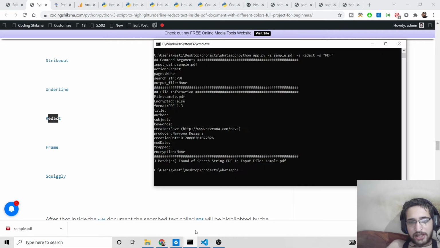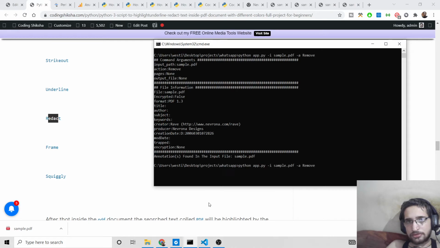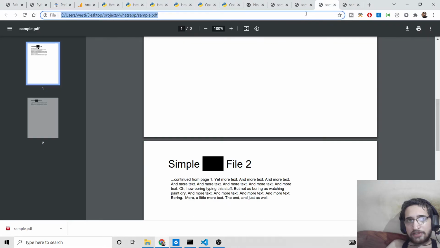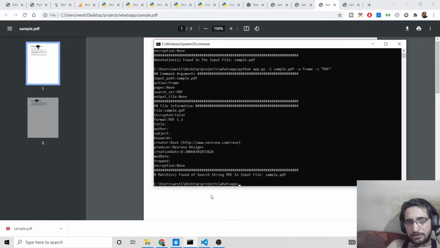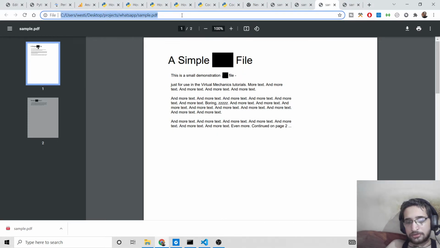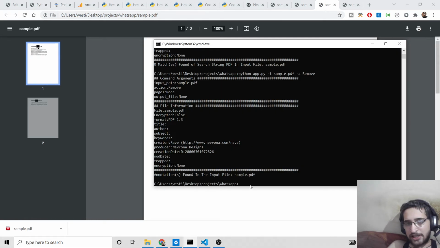So the next option we have is frame. Once again, if I refresh it, it will look like this. Let me remove this first of all. Oh, I think if you use the redact option, you cannot remove this highlighting.